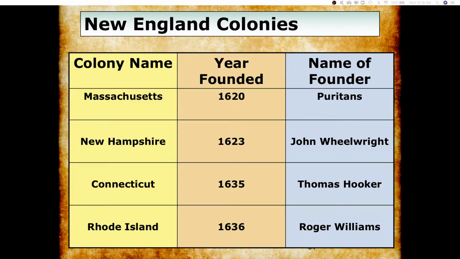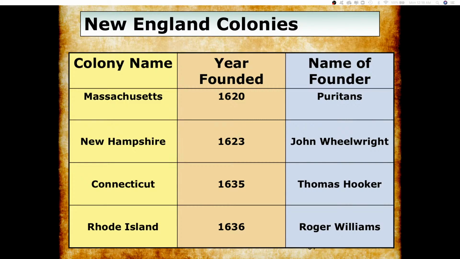Alright, so a little bit about the other colonies that we see in New England. Connecticut will have a governing document called the Fundamental Orders of Connecticut. So there's going to be a lot of colonial self-rule in New England. However, it's going to be more localized, with local town hall meetings and such, because New England, as we'll find out, is more of a community-based society. New Hampshire, not much going on there, just pretty much following the Puritan path of Massachusetts.